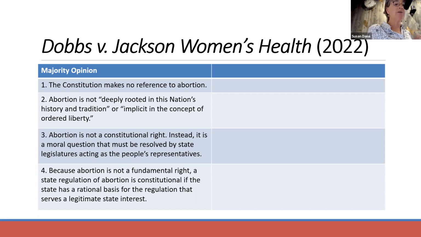Abortion is not a constitutional right, therefore, instead, it's a moral question that should be decided by the people. And this is really important. It's been in the originalist school of thought for years, but it's important, I think, to pay attention to this